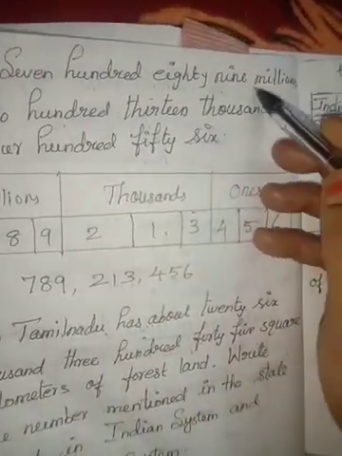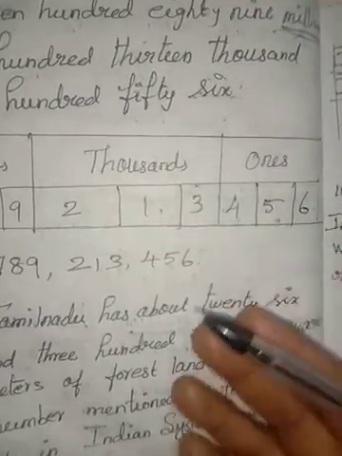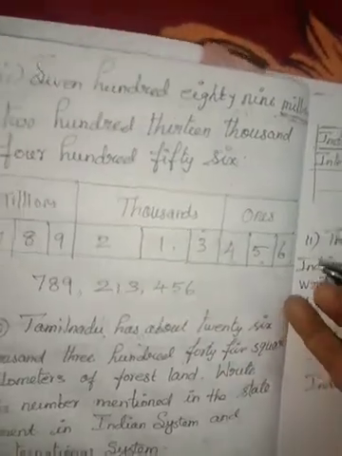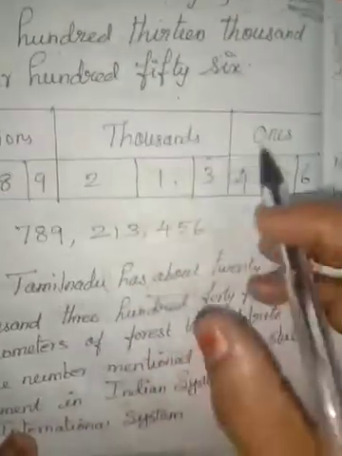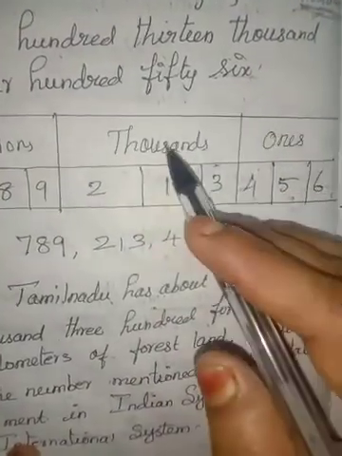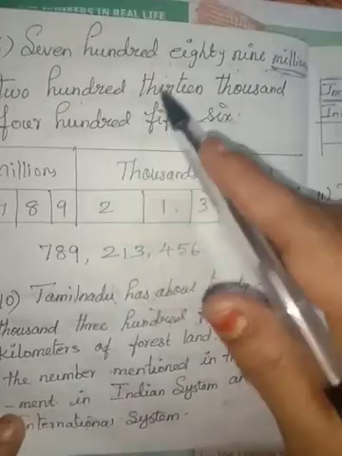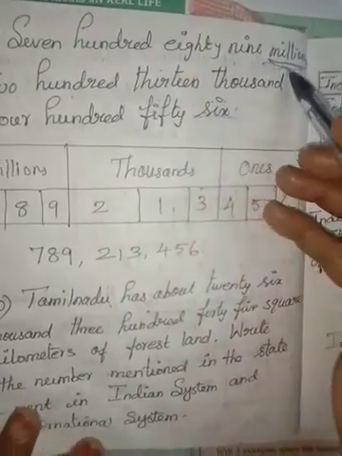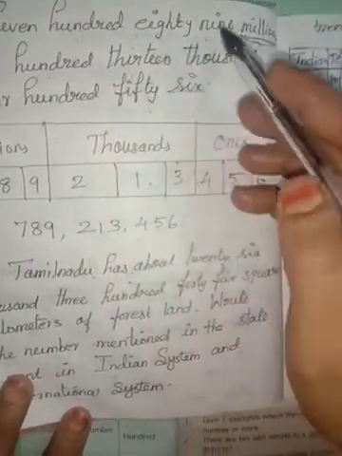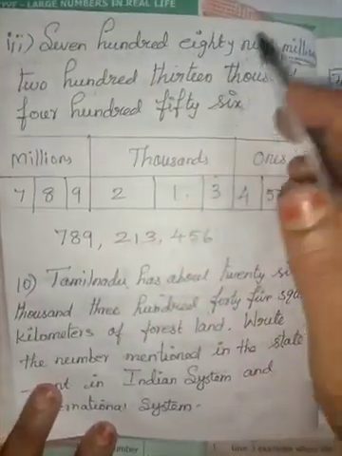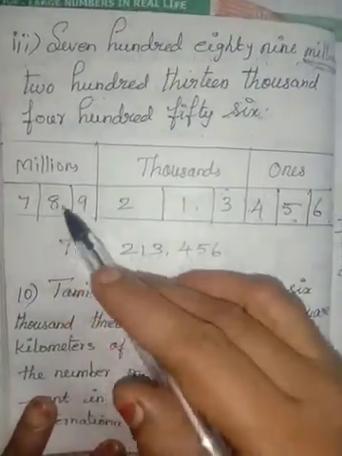Okay. Then coming to the second sum, 713,456. So we can say that from this it is also an international system. So make the place value chart like in international system. So I can arrange the 3 groups, that is ones group and then thousands group and millions group. Now we read the question again. 789. So 789, they are given hundreds digit, tens digit, ones digit. 3 digits are given in millions. So I can put the numbers in the tabular column 789.